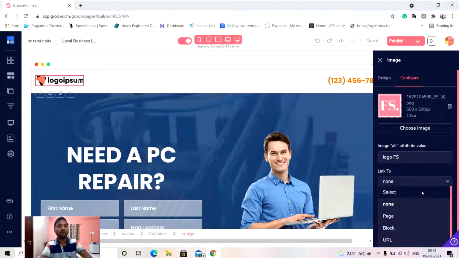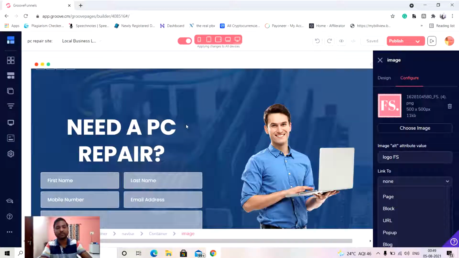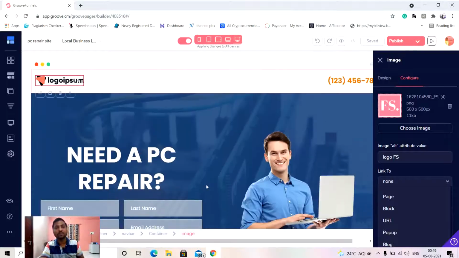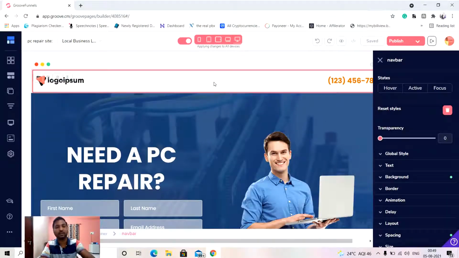We don't have multiple pages on this particular website, but still I'm going to show you that you can select the page option, or the block option, like block number 1, block number 2, block number 3, and so on.